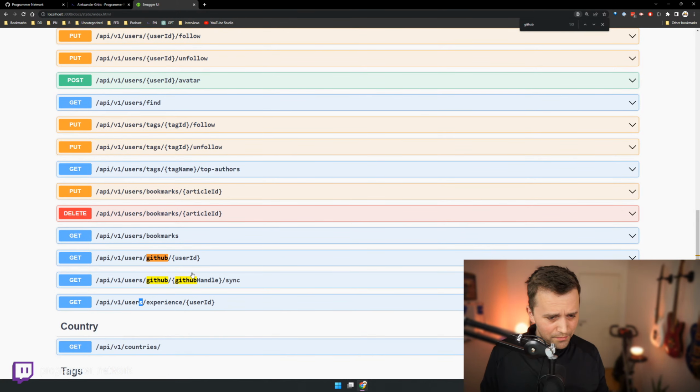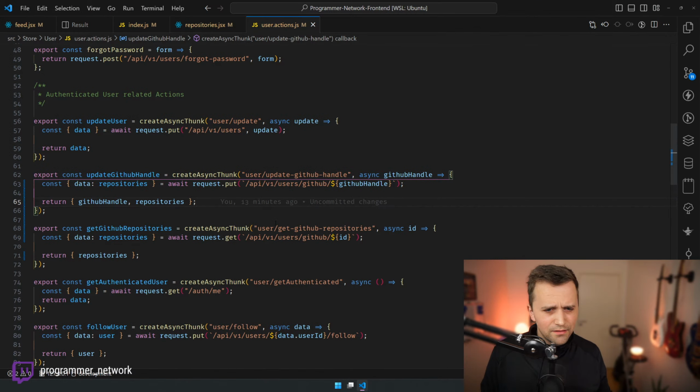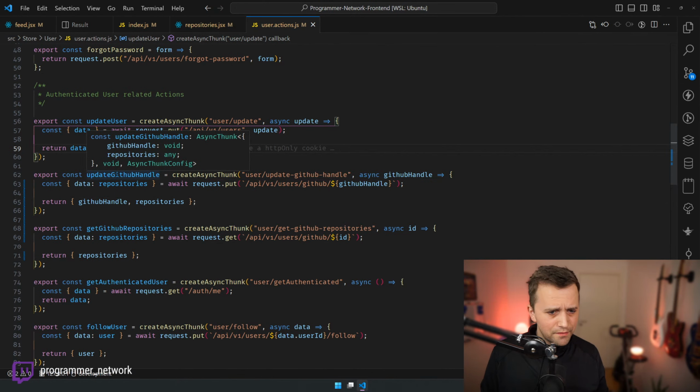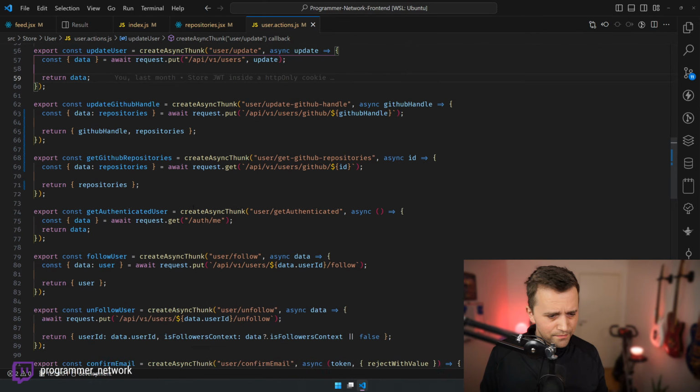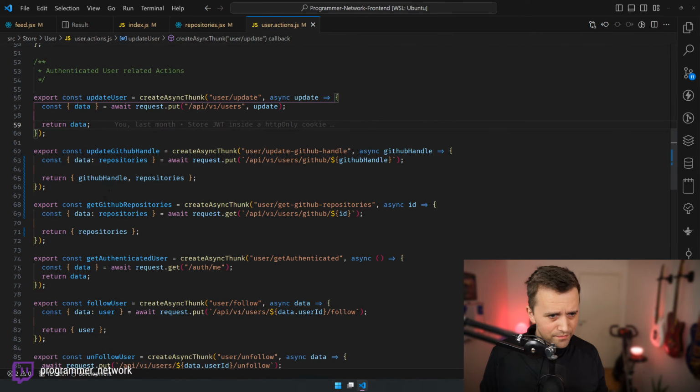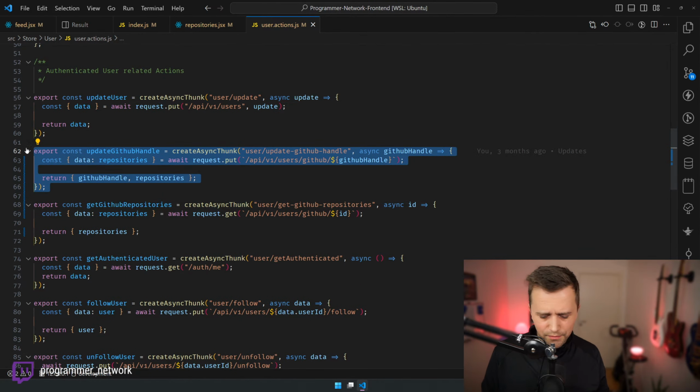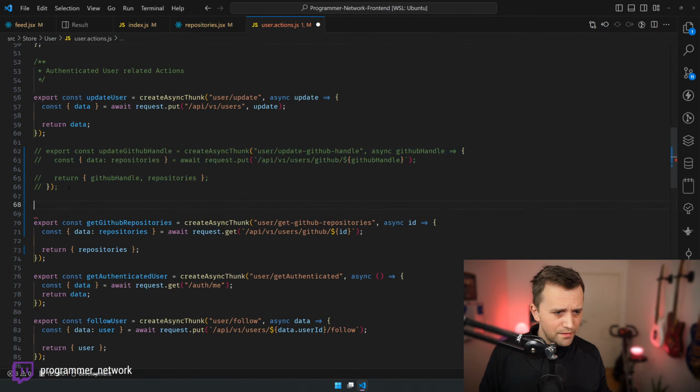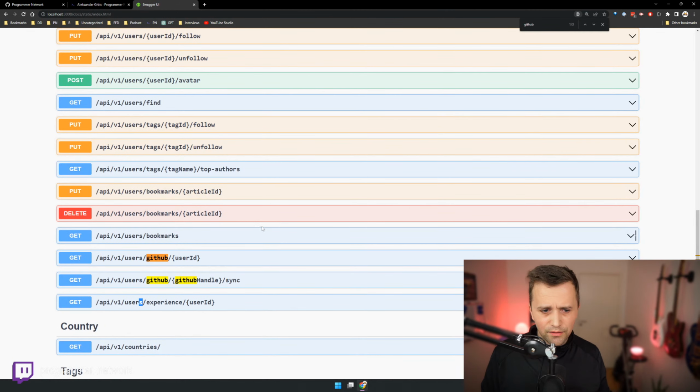V1 users, GitHub handle sync. Okay, so let's go to the front end, right? And yeah, so first and foremost, we're gonna get rid of this. I'll just go here, copy that. Give me 2 seconds.